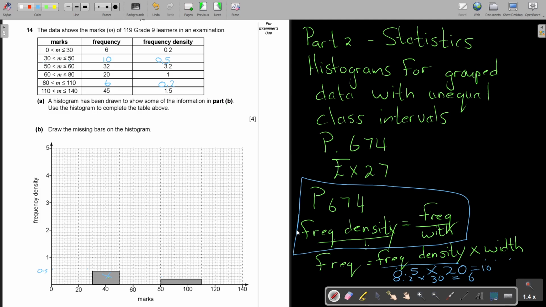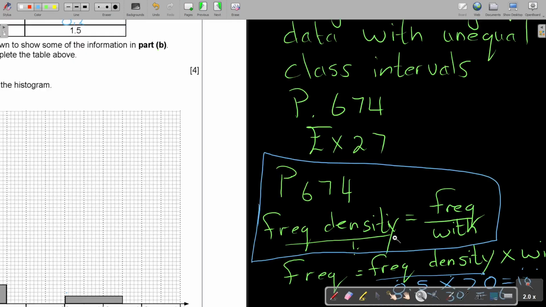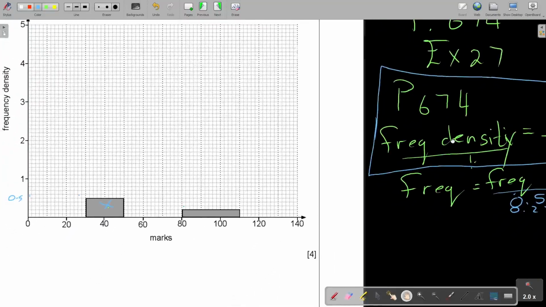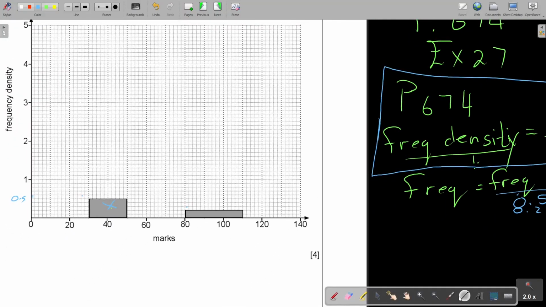Okay, so draw the missing bars on the histogram. Now let's see if we can quickly fill it in. So it's 0.2. I'm going to make it a bit bigger so that I see better. Okay, so 0.2. And then you can just scratch, you don't have to color in, but just so that it stands out a little bit. And then the next one,